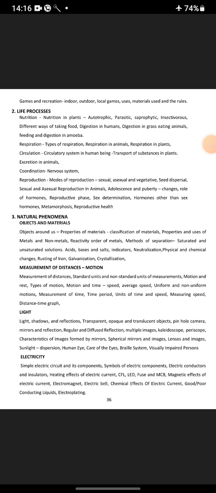Natural phenomena: objects and materials, objects around us, properties of materials, classification of materials, properties and uses of metals and non-metals, reactivity order of metals, methods of separation, saturated and unsaturated solutions, acids, bases and salts, indicators, neutralization, physical and chemical changes, rusting of iron, galvanization, crystallization, measurement of distances, motion, standard units and non-standard units of measurement, motion and rest, types of motion,